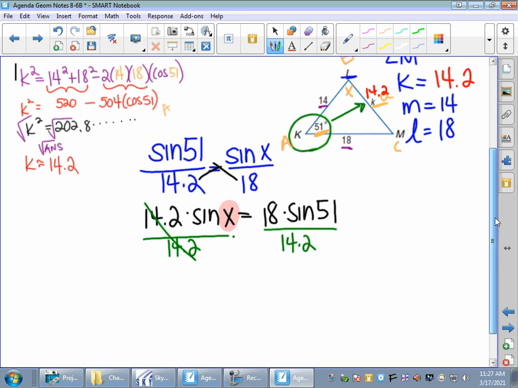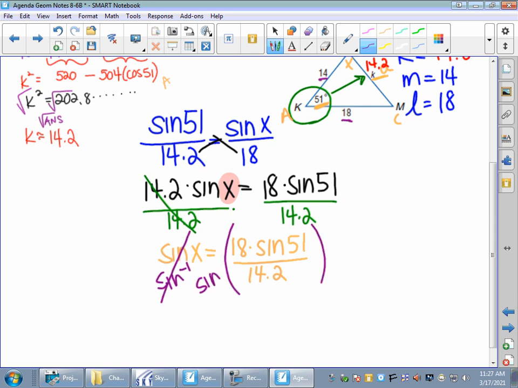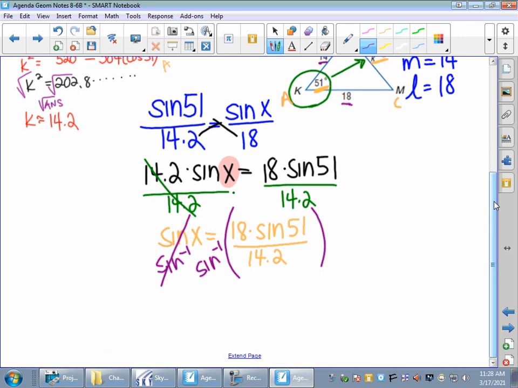And then what is our big red flag going off in your mind? How do you separate a sine from your X? We don't care what the sine of X is, we care what X is. So in order to get rid of a sine, its inverse operation is inverse sine. That leaves us with just an X. So I'm going to inverse sine. So when I go to my calculator, I do the 18 times the sine of 51. I hit an equals, divide by 14.2, and then I'm going to inverse sine that answer. So I got that X was approximately